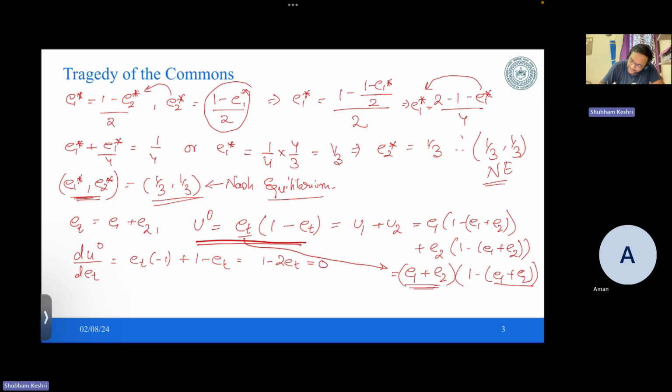And when you substitute this as equals to 0, you will obtain ET as half. Now, this ET is what? This ET is the combined utility of player 1 and player 2. Therefore, ET1 plus ET2 is equals to 1 by 2. Now, if we assume that E1 and E2 are same, which is a fair assumption to make, both the players are actually putting same effort to obtain that resource, then you will obtain E1 is equals to E2 is equals to 1 by 4. And the utility of these players when the effort is 1 by 4 will be obtained